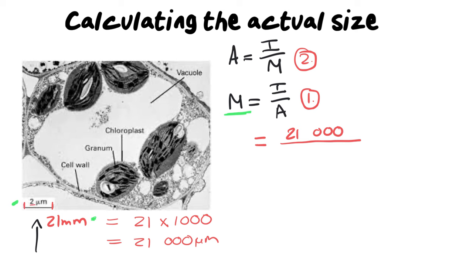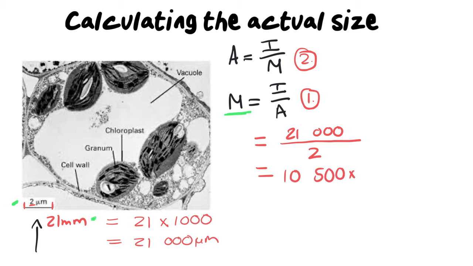The 2 over here represents the actual size. And it kind of makes sense, right? Because what it's saying is this scale bar, its actual size is 2 micrometers. Now all you need to do is put that in your calculator, and we're going to go 21,000 divided by 2 gives us